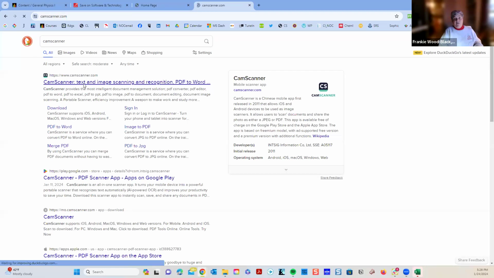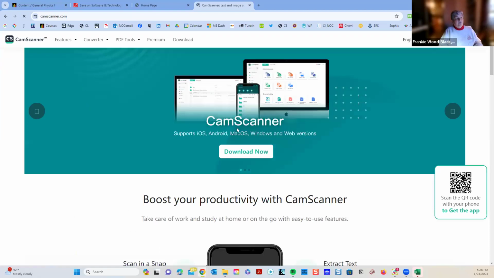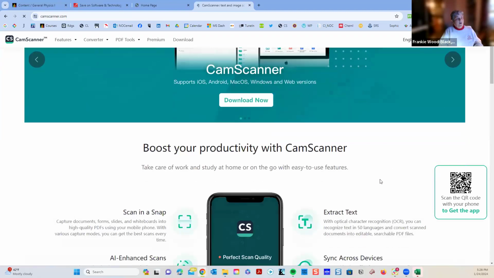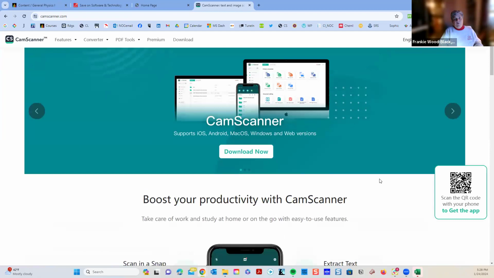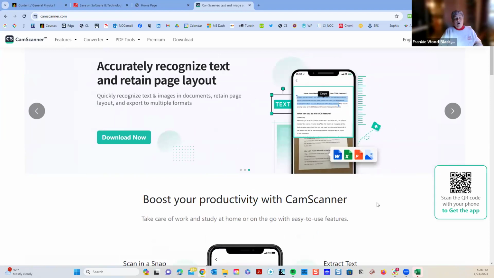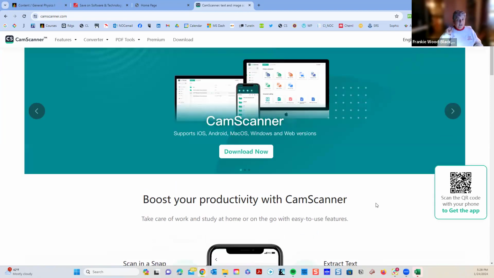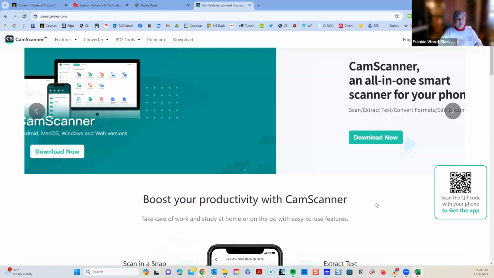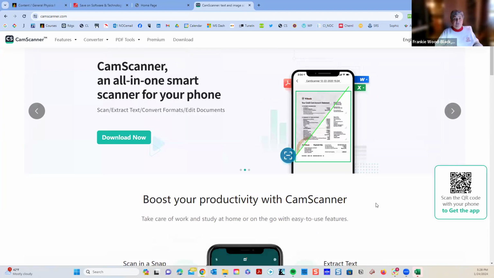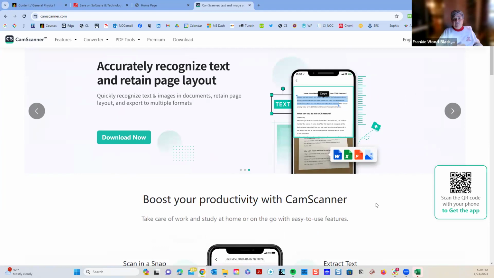If you click on this, it will take you to the CamScanner access. It will work for iPhones. It works for Android phones. If you log in with your NOC or your school Oklahoma State email and use your student email, they will give you the professional version for a year. And it is a lovely app.